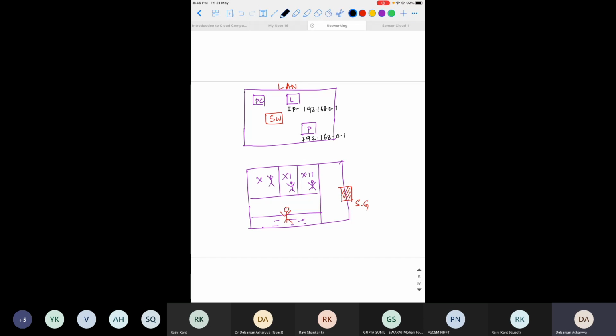Now what is a switch? A switch connects devices within the same network. As I told you, this LAN is a local area network. This is the one network. So this switch actually connects the devices within the same network. For example, you want to print something from your laptop, a printer which is not in your office, somewhere